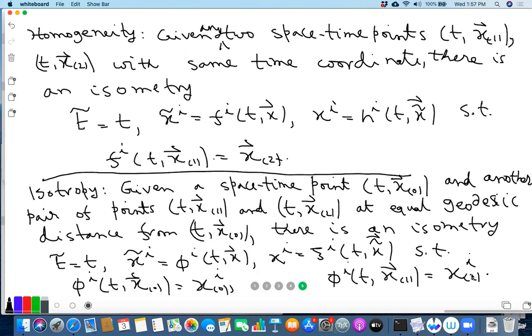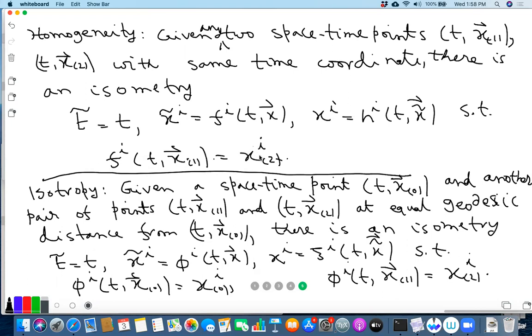Is this clear? Are there questions? Sir, could you please explain the middle one, like φ_i of (t, x1) equals x2 bar? Yes, so this basically says that the transformation is such that it takes x1 to x2. Maybe I should put an index i here, if that is causing confusion. The image of the point x1 is x2, right?